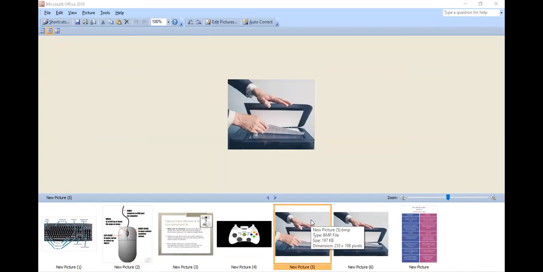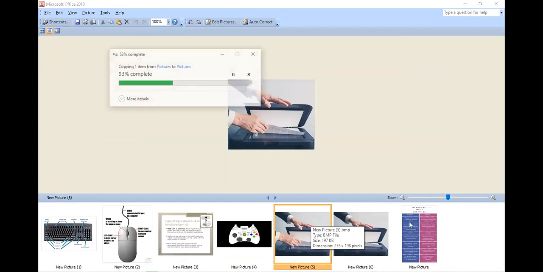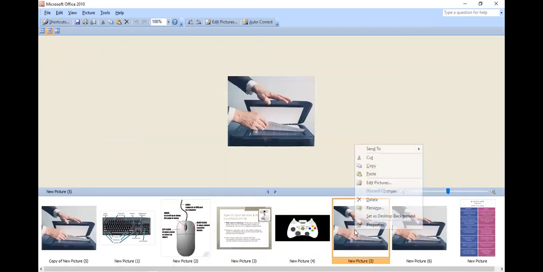So Control C, Control V, these are the copy paste. Okay.